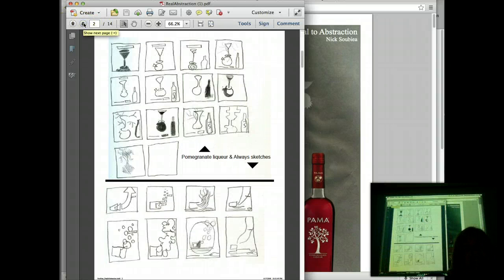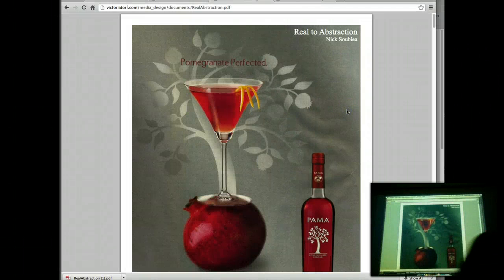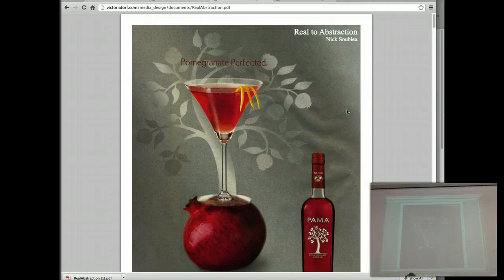Here's a good example of the sketches. What's not successful about these sketches is their line art. That is not a successful sketch. A successful sketch would be to take this ad and focus more on positive, negative. So, for example,